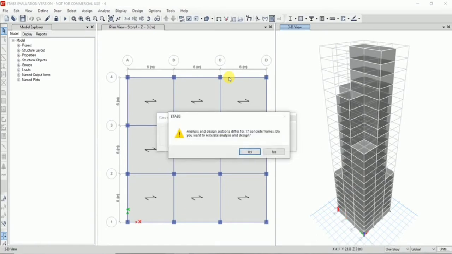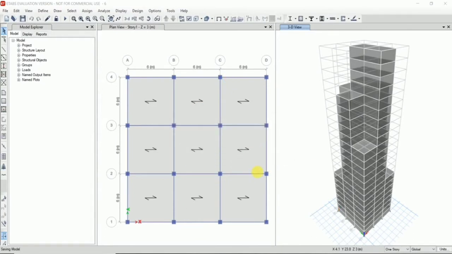So we have to click on yes to perform a reiteration because we have defined the auto select option for beams and columns. The software automatically performs the analysis and design process for new frame sections.